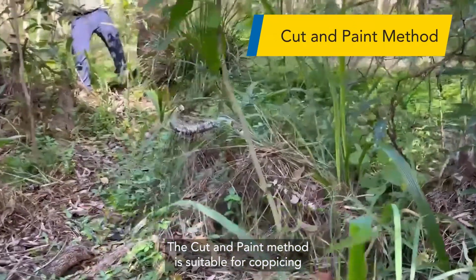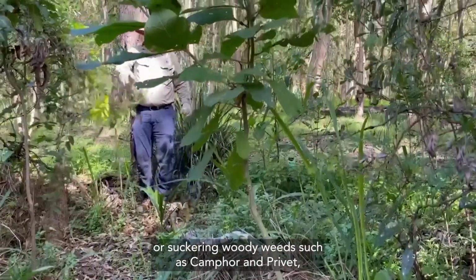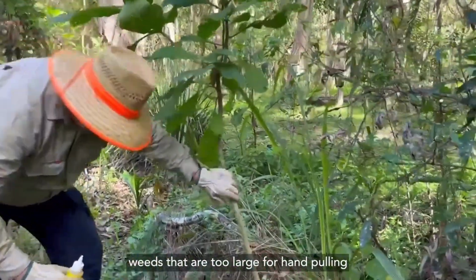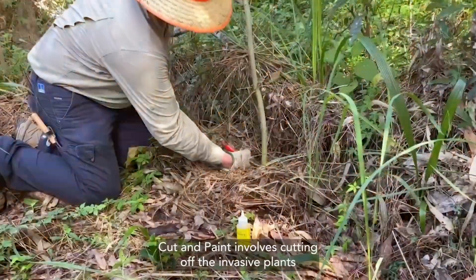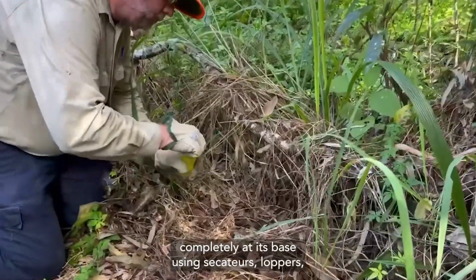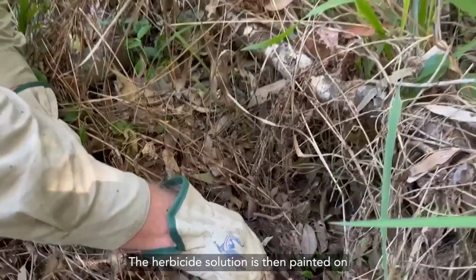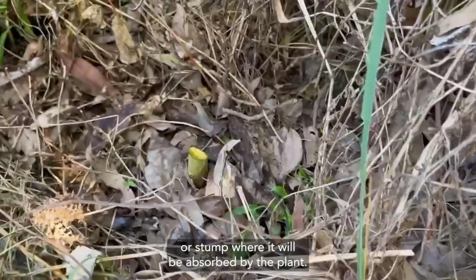The cut and paint method is suitable for coppicing or suckering woody weeds such as camphor and privet, woody stems of vines, weeds that are too large for hand pulling, or weeds with long taproots such as ochna. Cut and paint involves cutting off the invasive plant completely at its base using secateurs, loppers or a handsaw. The herbicide solution is then painted onto the exposed surface of the cut stem or stump, where it will be